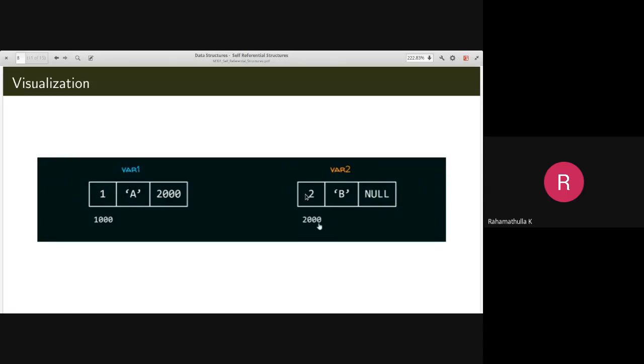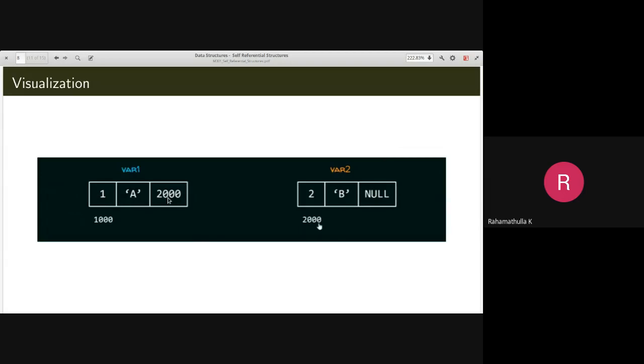So what it means is that from here I can access the second variable, because I have the address of the second variable in my first variable. So that is the meaning of it. I can access the second variable through the first variable.